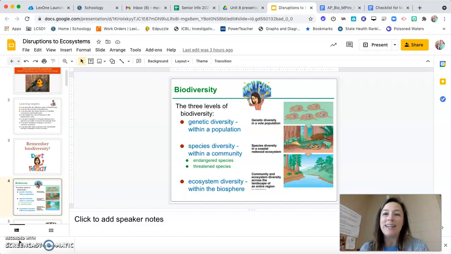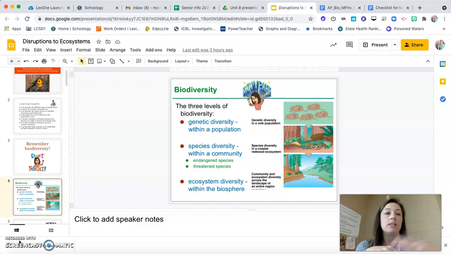So the first is genetic. That is looking at the different genes in the gene pool of a population. So that is not looking at 25 different species. That is looking at one species. We're looking at just the white-tailed deer found in Harbison State Forest, and we're looking at all of the different